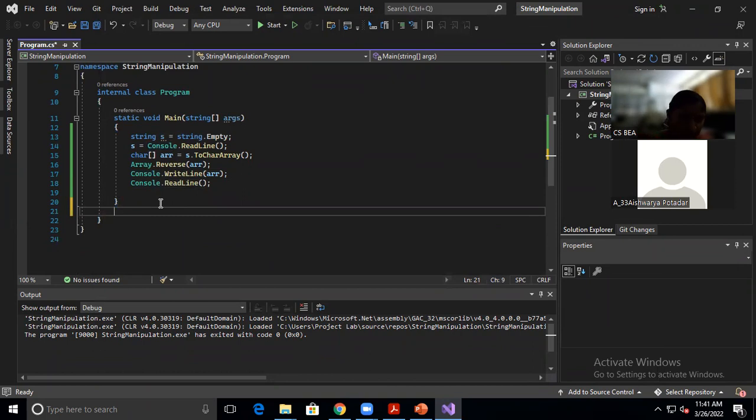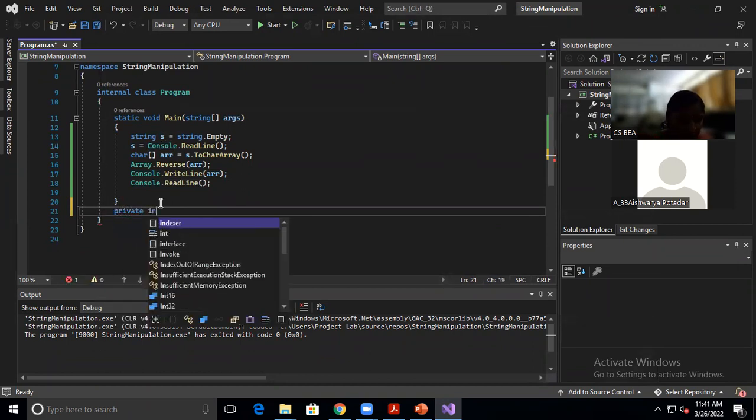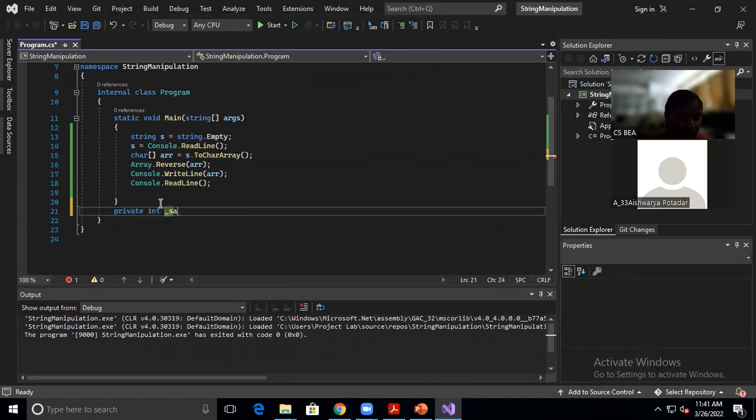Suppose I am giving a private keyword and providing int _salary. So it is one of the types, one of the conditions. That will be good. But if I'm saying like this,